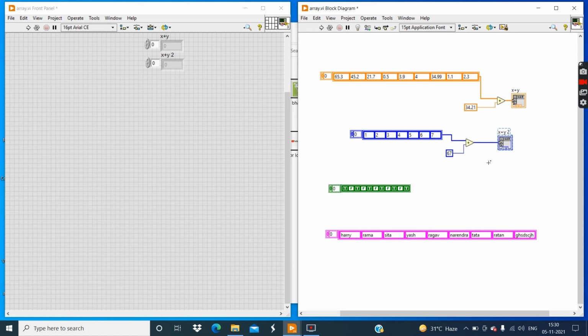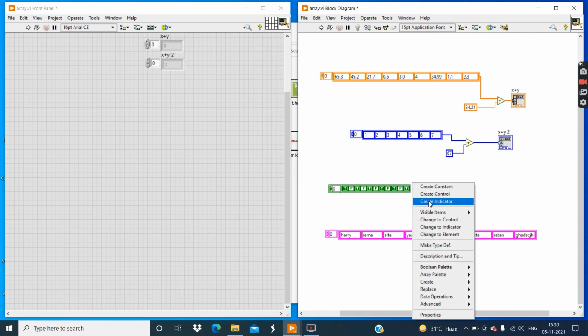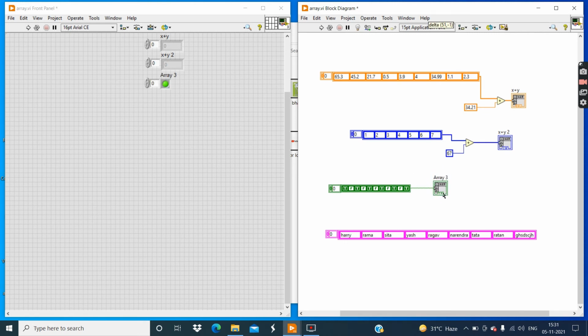Now guys, we cannot add any boolean type array by implementing these arithmetic operations. So simply create an indicator for this boolean data type array. Create indicator, we will get the result in the form of LEDs. Same with this string data type array.